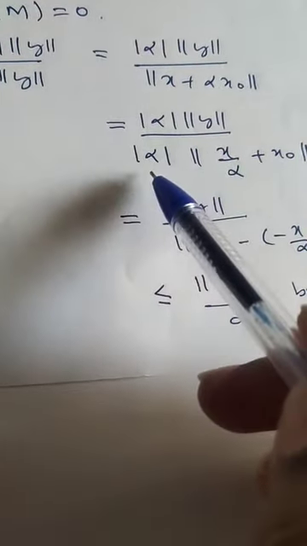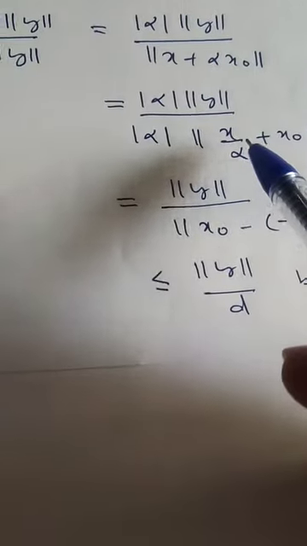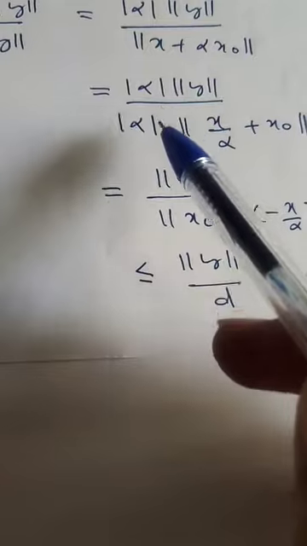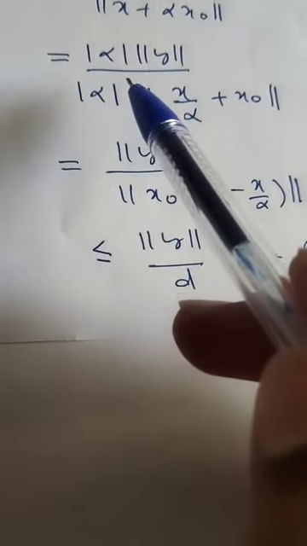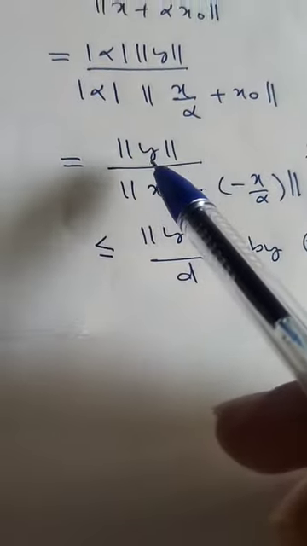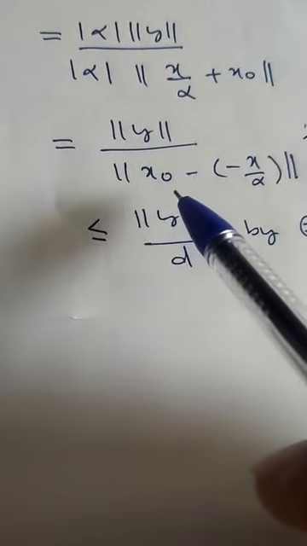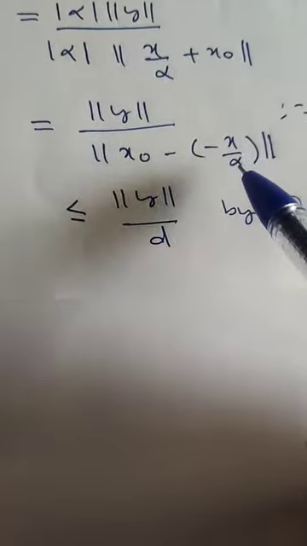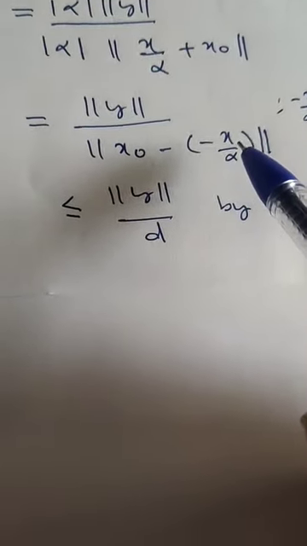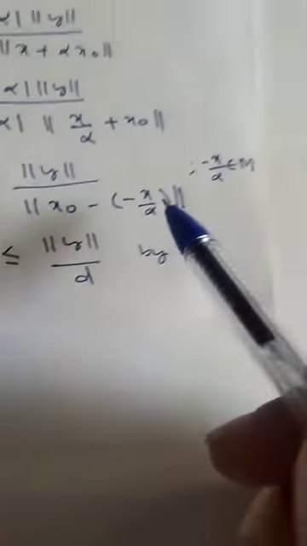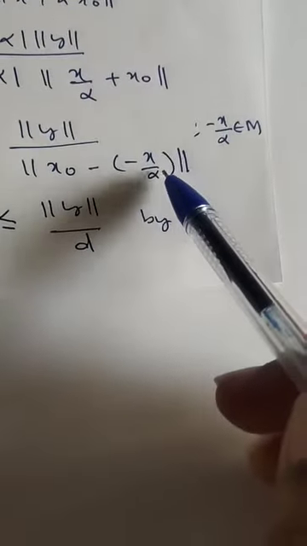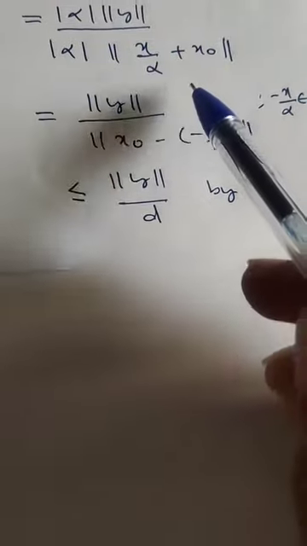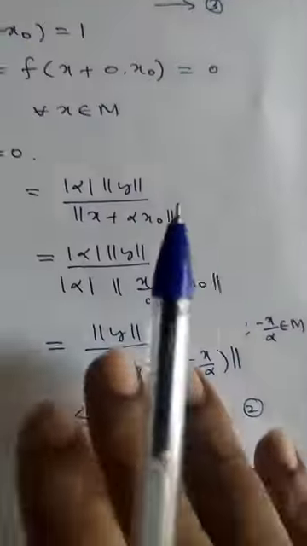What will happen if I take mod of alpha outside? This becomes the norm of x by alpha plus x naught. So mod of alpha cancels in numerator and denominator. So this is norm of y by the norm of x naught minus x by alpha. Now x is an element of M, therefore minus x by alpha is also an element of M. So this is less than or equal to norm of y into, but we now know that